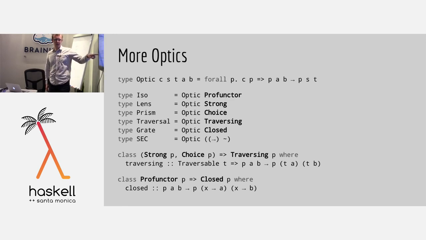Okay, so this traversing thing is like saying you can lift up your profunctor over all the elements in some traversable container. Okay, great. It's pretty interesting, because nobody sort of knew about grates until the profunctor machinery was worked through, and then people said, well, we have this class called closed. I wonder what happens if you stick closed in here. What does that mean? And they worked through it, and Russell O'Connor gave a nice blog post explaining the various presentations and what it would look like in the Van Laarhoven presentation. It's a little bit weird, but closed profunctors give you this way of lifting over